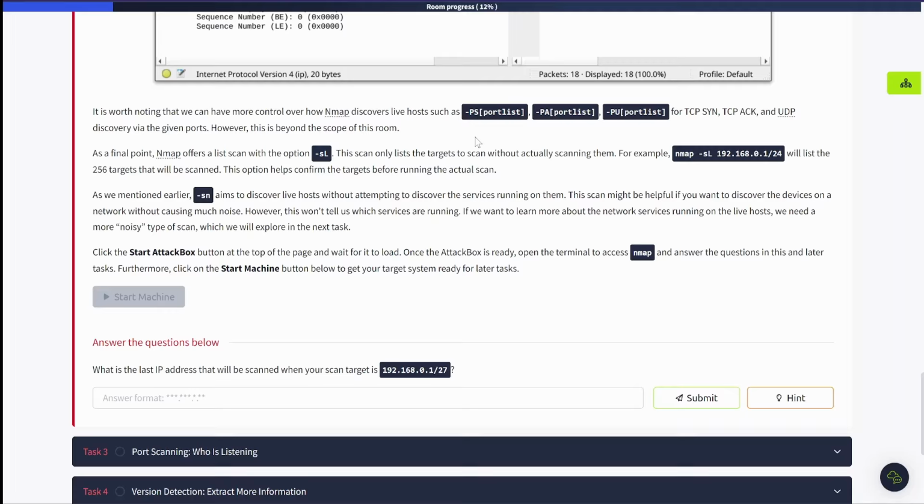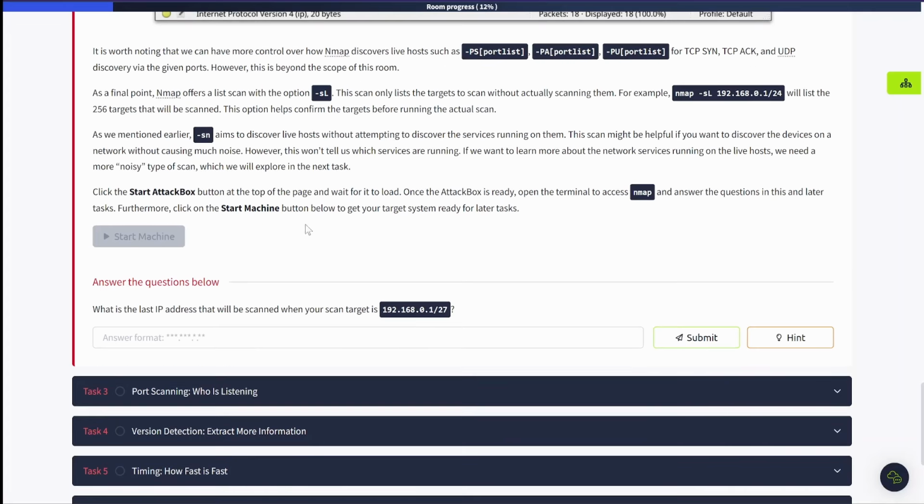Then the last point that they give us is this -sL option. What that option does is just list the scan targets, right? So instead of actually scanning or doing anything, it literally just gives us a big list of everything that it would scan if we ran Nmap on those IP addresses. Now, why is that useful? It's useful because in cybersecurity, whether you're pen testing or troubleshooting, it's important that you know what you're scanning, because if you're scanning the wrong thing, that can have some serious consequences. So it's always important to confirm what exactly it is that you're scanning. Then a little bit more on -sn, so read through all that, start your machine, and then